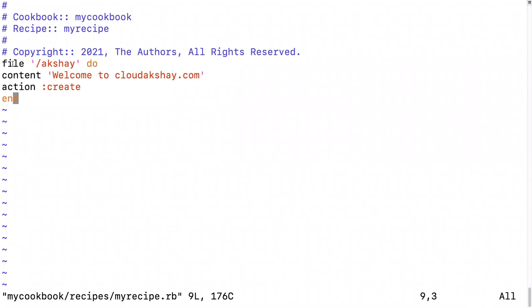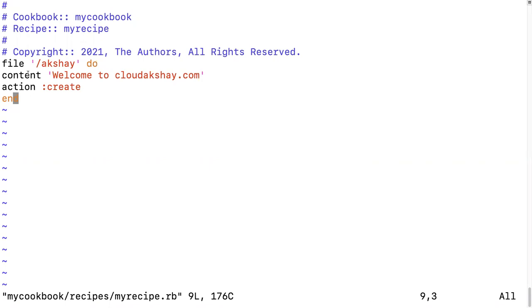This is the resources we can write here, like a file, or execute, or install some packages or services, or the user group and all. And in this recipe code, we also write another code to install the Apache server into the machine. So you know very well we don't have the Apache server on this machine.